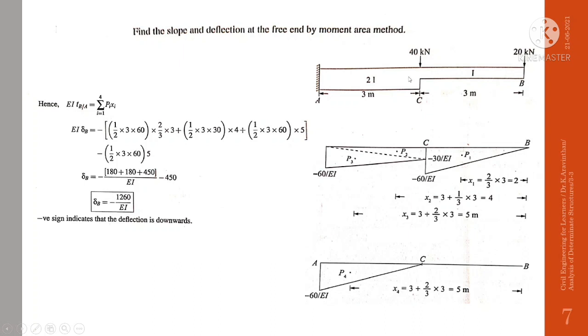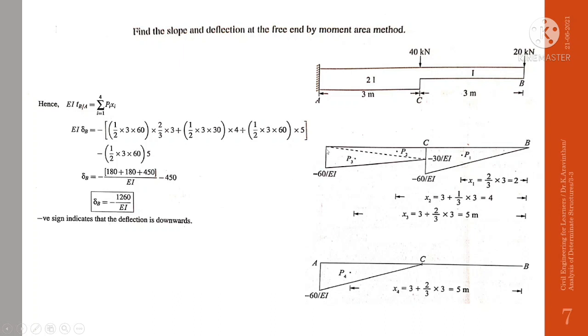That is, this will be 2/3 of 3 from the point B. So you need deflection at point B, hence we are finding the centroid about point B. And for the second section, let us take this as a triangle. Also, you can consider this as a triangle. You can take the two triangles. The first triangle is P2 here, with centroid at 1/3 of base. So 1 by 3 into 3 is 1, and 1 plus 3, it will be 4 meter.